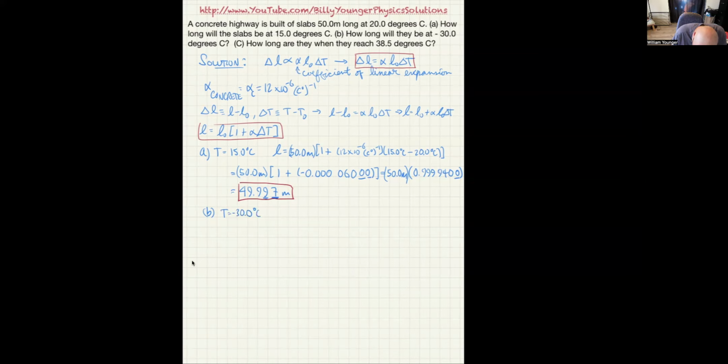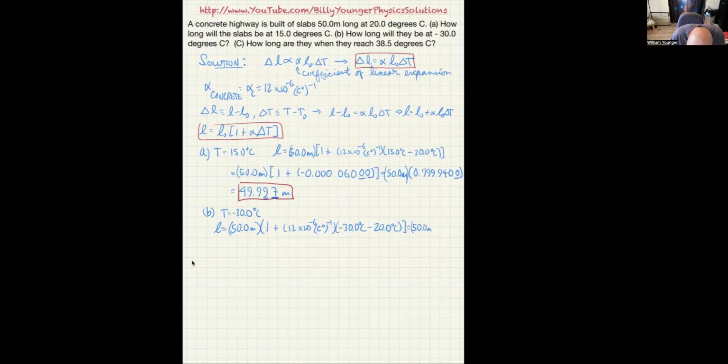So now what I'm going to say is L is equal to 50.0 meters times 1 plus 12 times 10 to the negative 6 Celsius degrees to the negative 1 power times, in this case, it's going to be negative 30.0 degrees Celsius minus 20.0 degrees Celsius. And that's going to give us